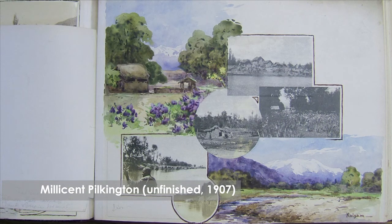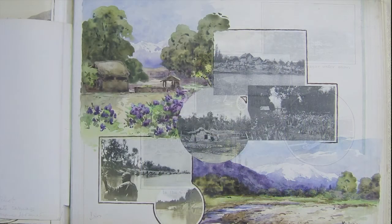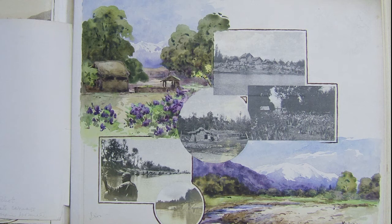And this is a page of the second album which she didn't finish, and which is very lucky for us because we can actually see how she went about making the album. So you can see she started out with selecting the photographs, arranging them in the center of the page. She's drawn a frame around it, a very thin line. You can also see the precision with which she's cut out these photographs. And then you can see she started filling in the surrounding areas with watercolors which are painted onto the album